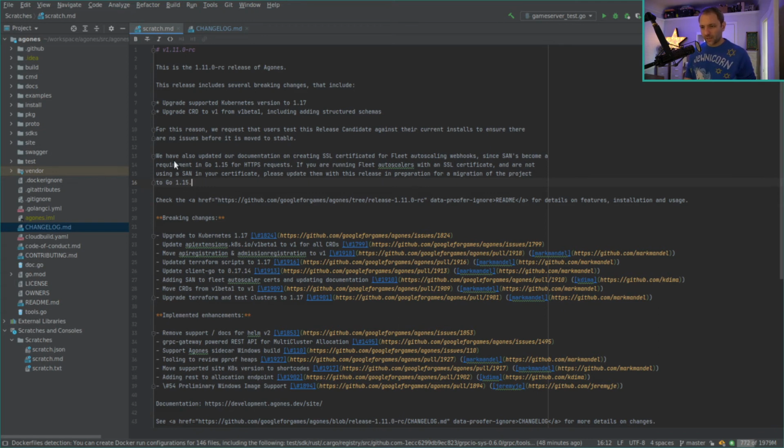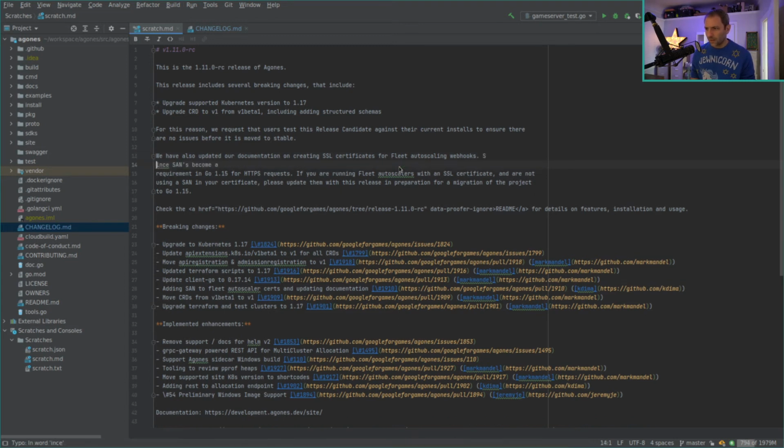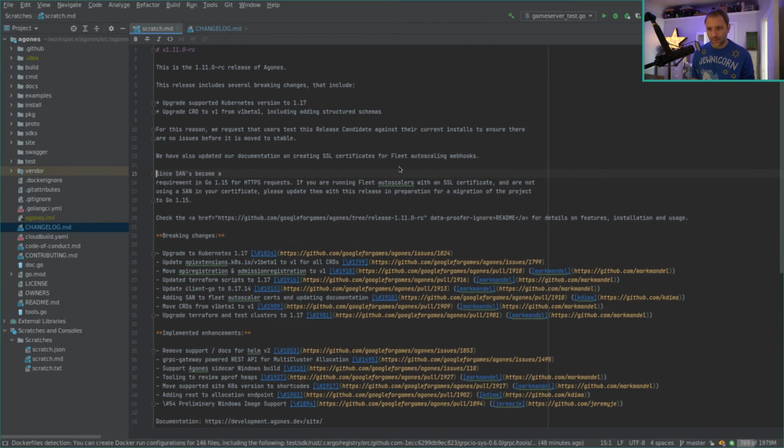We also updated documentation. Let me show this since that's actually a really good point. I just want to make sure this all makes sense. I'll go down to creating SSL certificates for fleet autoscaling webhooks. Let's make that a full stop. Since SANs are a requirement,